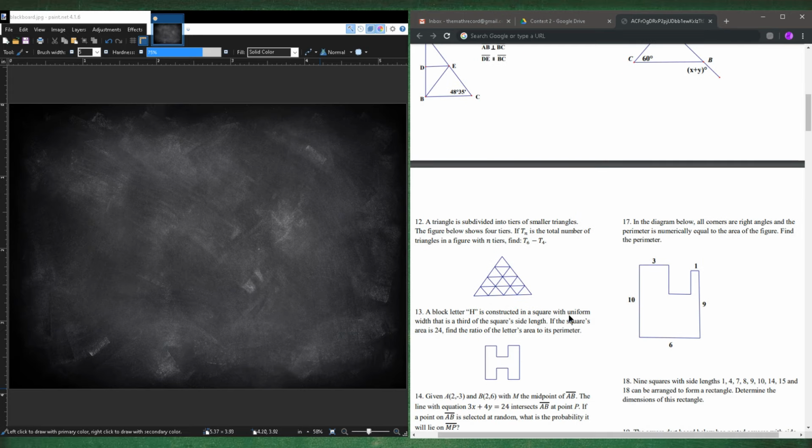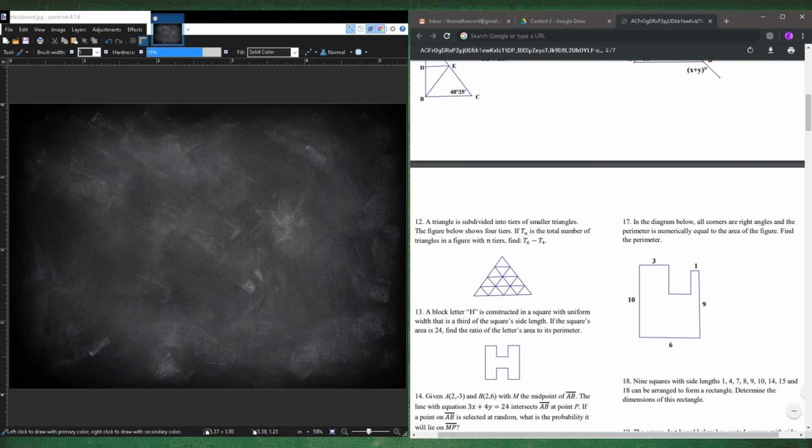Okay. Number 12, a triangle is subdivided into tiers of smaller triangles, okay? So this triangle is made into smaller triangles. The bigger one shows 4 tiers, so 1, 2, 3, 4. If Tn is the number of triangles in a figure with n tiers, find T6 minus T4, the total amount of triangles in a thing with